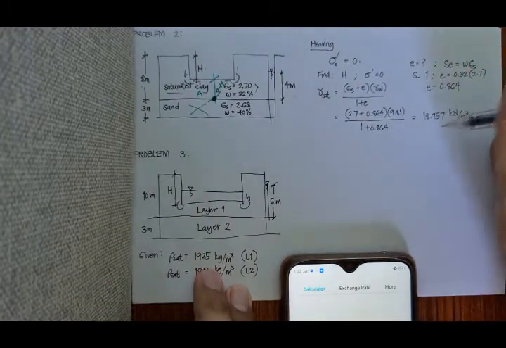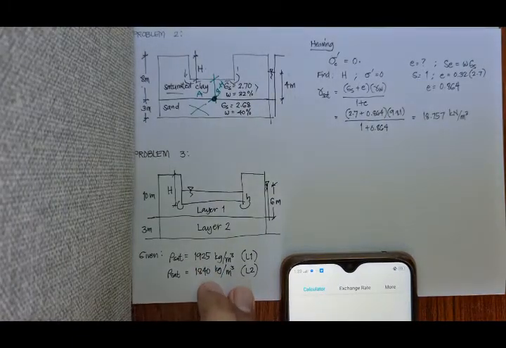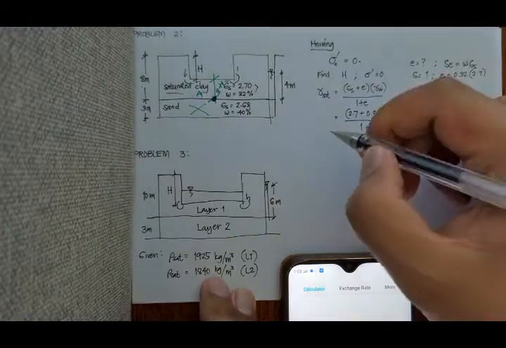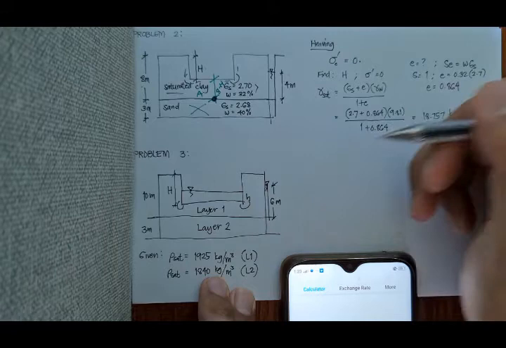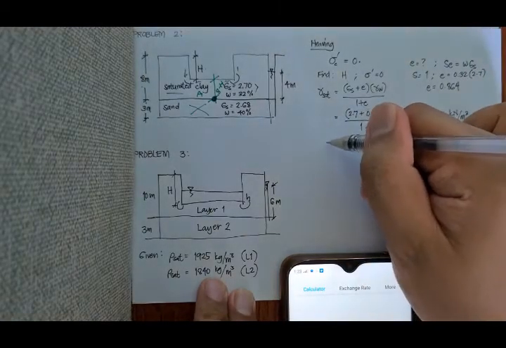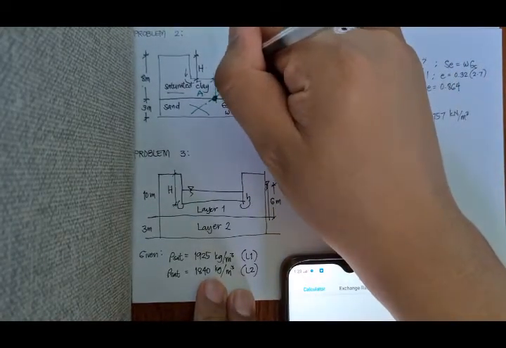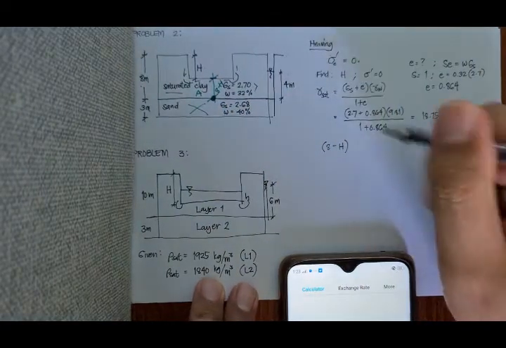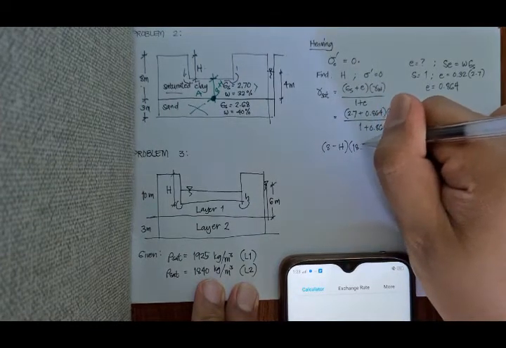Ngayon, yung 18.757, pwede nating i-consider ngayon dyan meron tayong effective stress at point A. Kasi effective stress, paano natin siya makukuha? Since wala naman siyang body of water na available, so effective stress should be equal to the total stress itself. So, meron tayong 8 minus H, which is yung height ng soil layer natin mula doon sa point of excavation hanggang point of reference na A, multiplied by the saturated unit weight, 18.757,